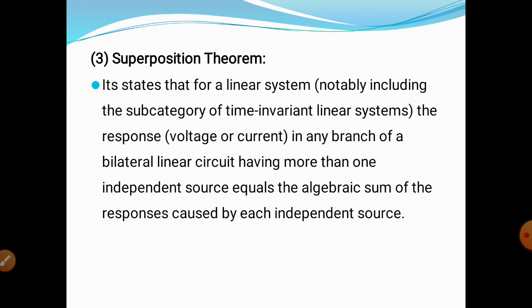We have to find the values of voltage and current. This theorem is applied when we want to determine the current in one particular branch of a network containing several voltage sources or current sources, or both. These are the very important things. The scheme is to determine how much current each individual source contributes to the branch in a given network, and then add algebraically these components of the currents. This is the theorem of superposition.